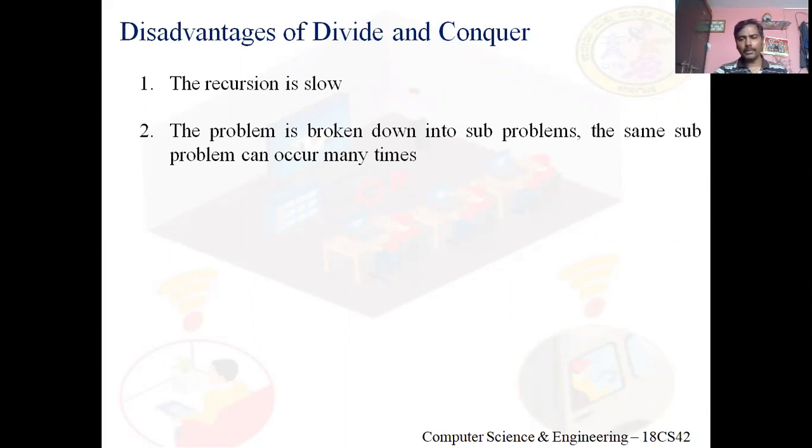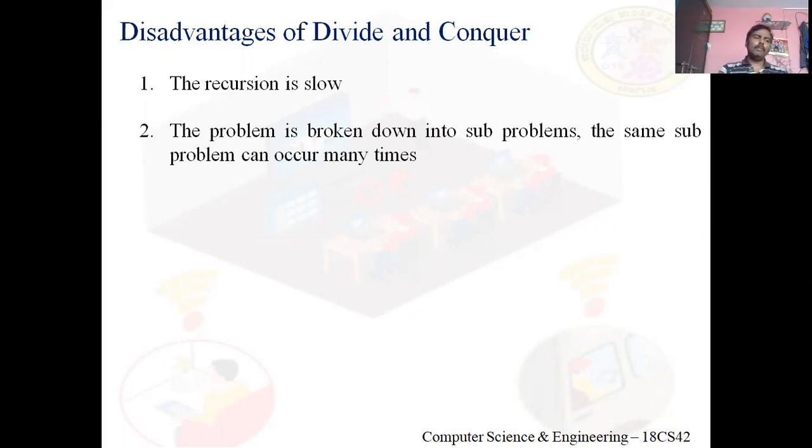Further invocation of the same algorithm. I mean, the algorithm invokes itself. So when the algorithm invokes itself, again the new data need to be stored in the stack along with the returning address. So what happens when the second invocation gets executed? It invokes the same algorithm again with some other new parameters. Again, the stack comes into play, meaning the new data and new returning address need to be stored into the stack.